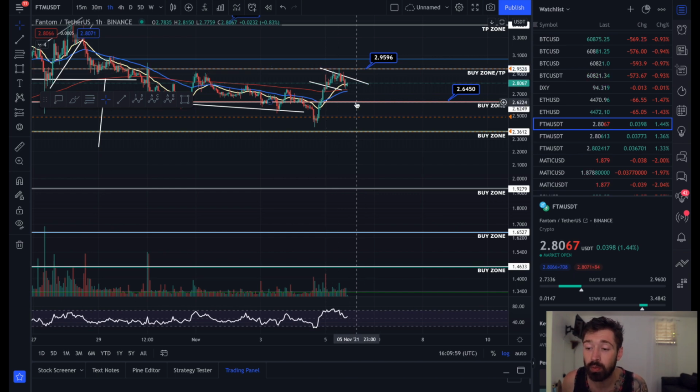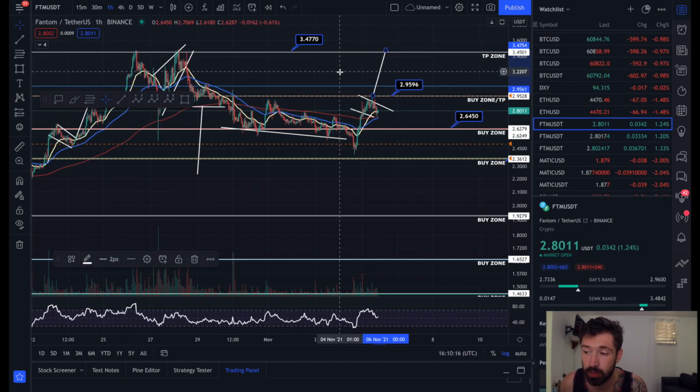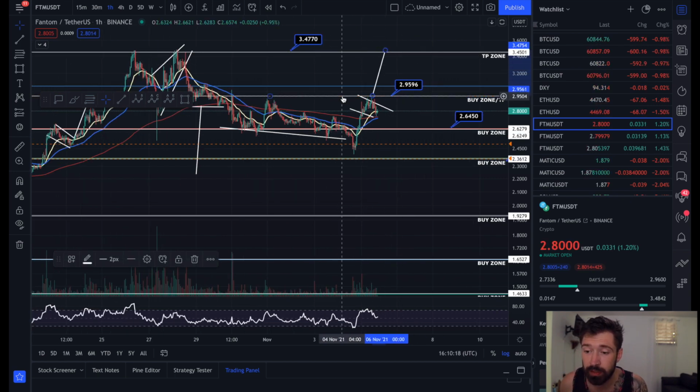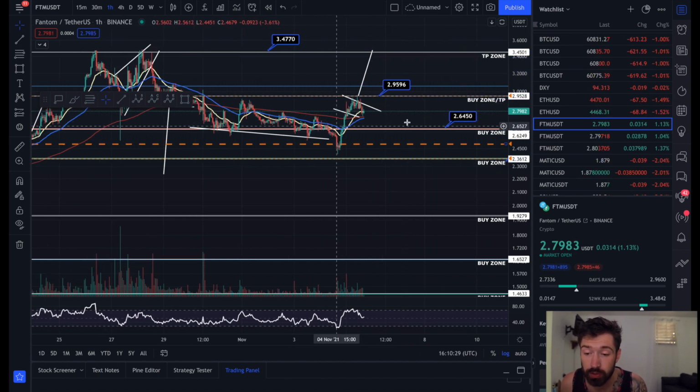and we rolled over. But if you do see us come up and start to break this trend line, break 295, that's when you could see that bull flag play out here. That could take you back up close to your all-time high, basically right up to your all-time high at 347, invalidating the ABC. But if we do get rejected here, it gives you a beautiful opportunity to dollar cost average